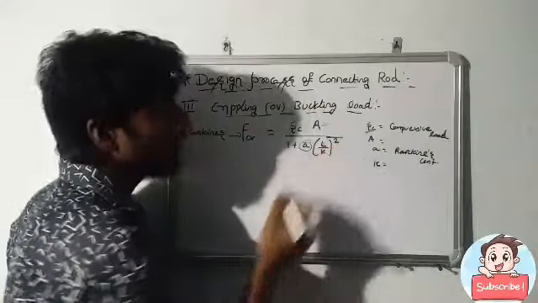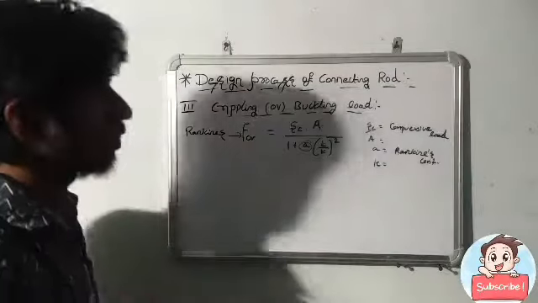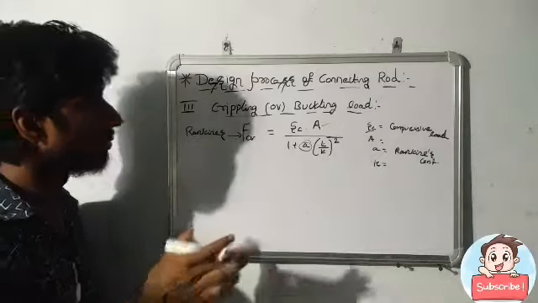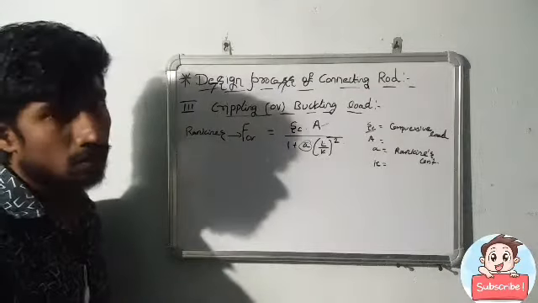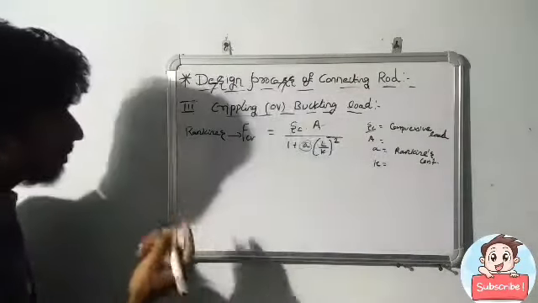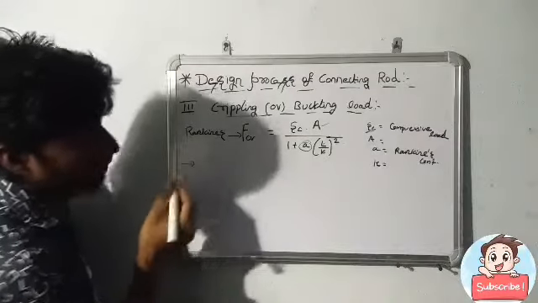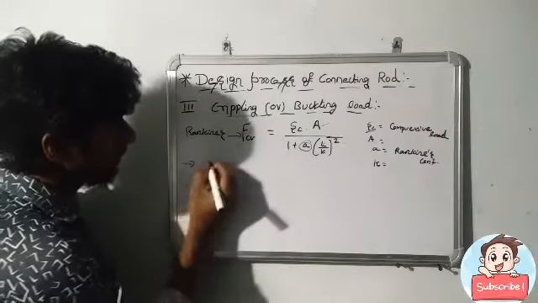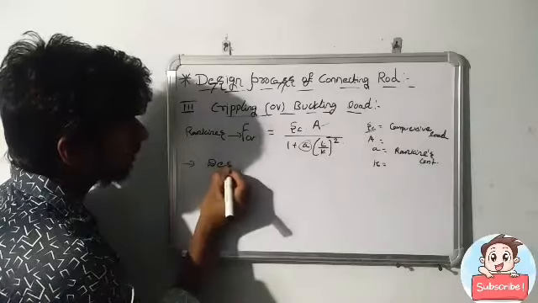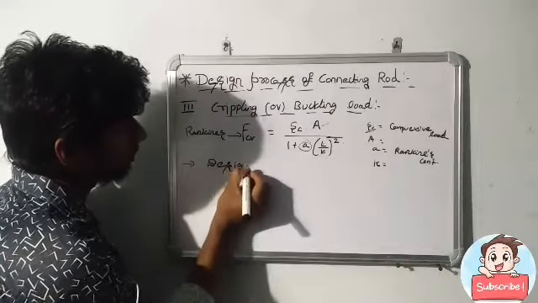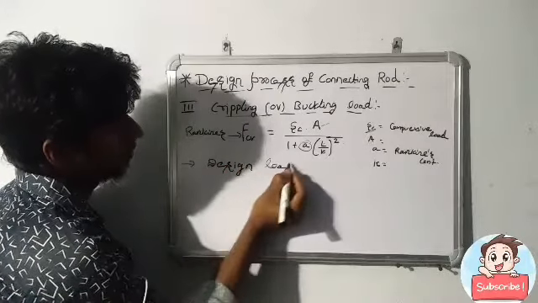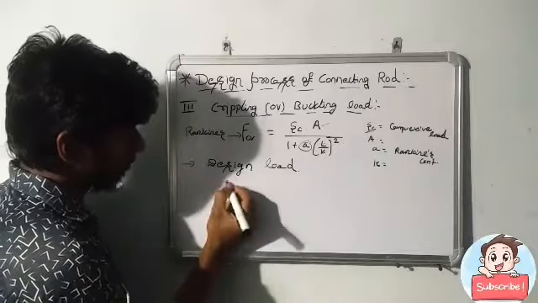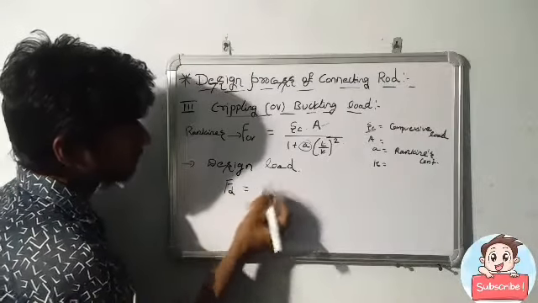And we know L is the length of the stroke here. So this is about the crippling or buckling load, which is also defined as a design load. It is equal to the design load. That's why the Ft equal to